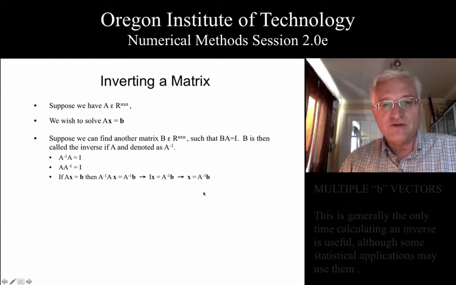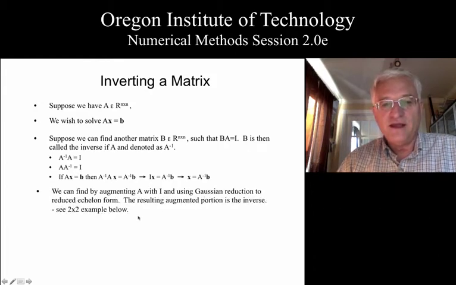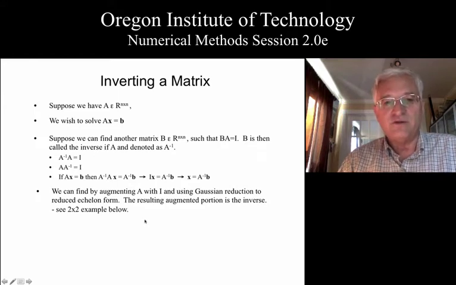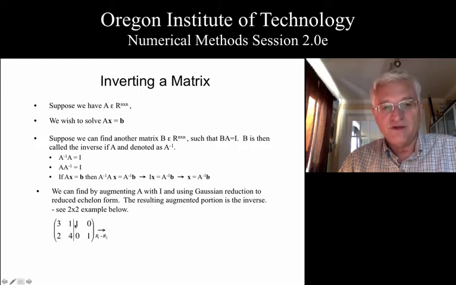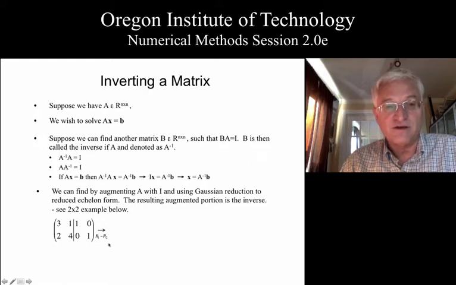So let's take a 2 by 2 equation and see what we can do with that. And we'll form the inverse using the normal Gaussian reduction method that we've been using all along. But this time, instead of augmenting our matrix with the b vector on the right, we're going to augment our matrix with the identity. So here's the same 2 by 2 that we've looked at earlier in the course. And instead of putting the b vector over here, we put the identity. And we will do the same row reductions we did before, but this time carrying those row reductions through the augmented matrix, through this identity matrix that's augmented to A.